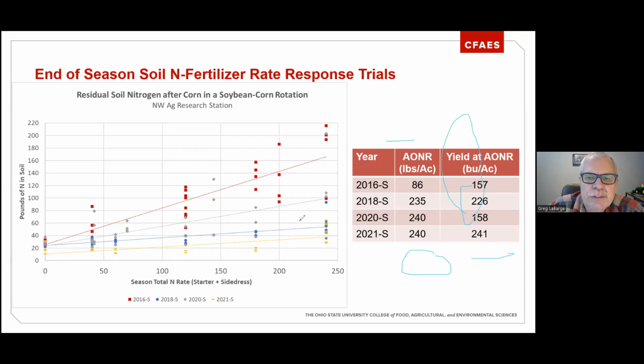So in the two seasons, 2018 and 2021, where we have our lowest residual soil nitrogen, that is where we also have our highest yields, somewhere around 230 bushels per acre. And you can see it's a linear response. Our lower rates have a lower amount of residual nitrogen, and you can judge a background rate in every year of somewhere between 20 and 30 pounds of nitrogen that we have out there. So what happens to this nitrogen at the end of the year? And actually what we can do is look at